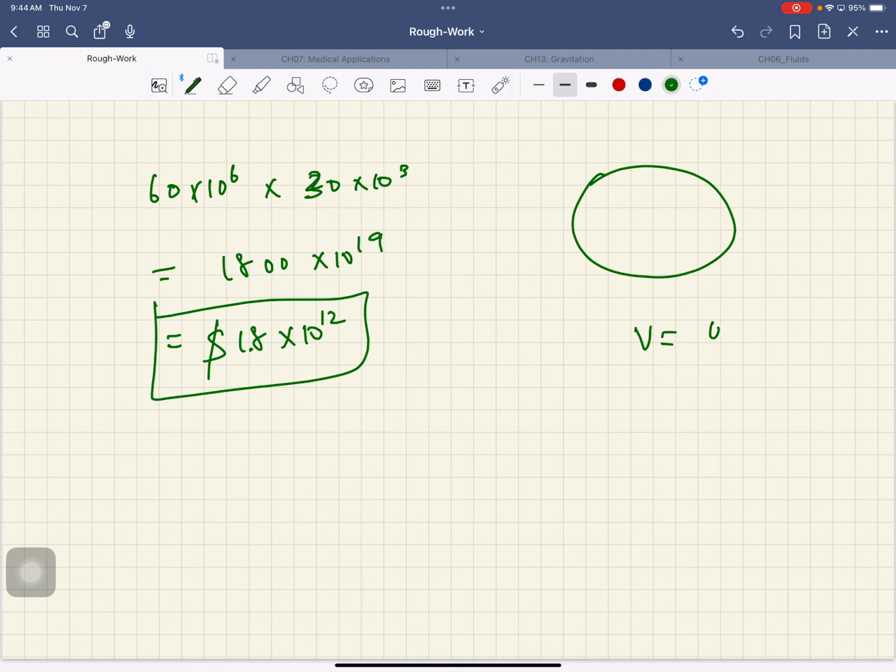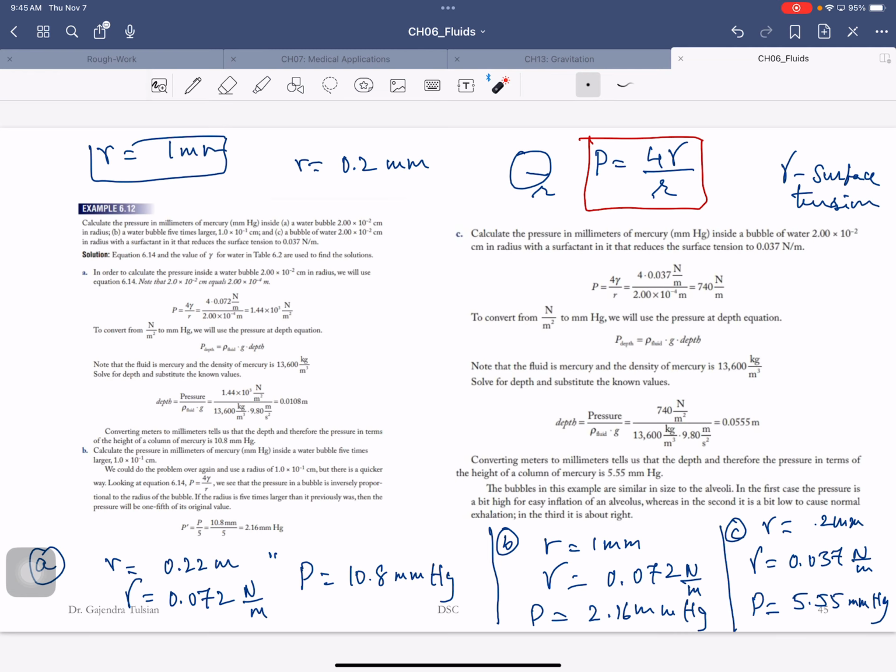4 pi by 3 r cubed. Okay, so the radius is 5 times. So in an emphysema patient, about 100 alveoli will have combined and become 1 alveoli. Okay, so that's what's going on there. Okay, so a water bubble 5 times larger,